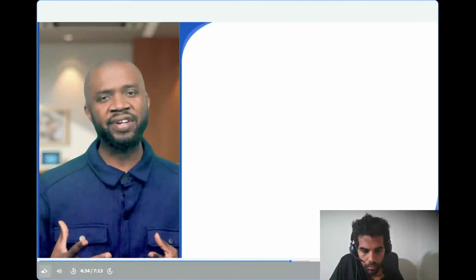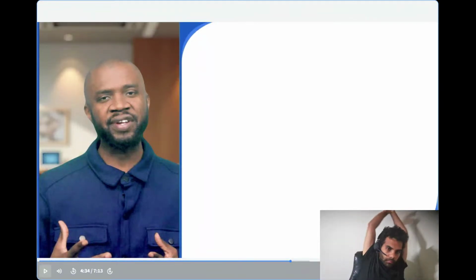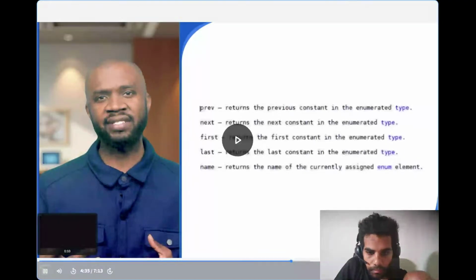So let's look at how enum values are assigned by default and how you can customize them. So when we create an enumerated type in SystemVerilog,